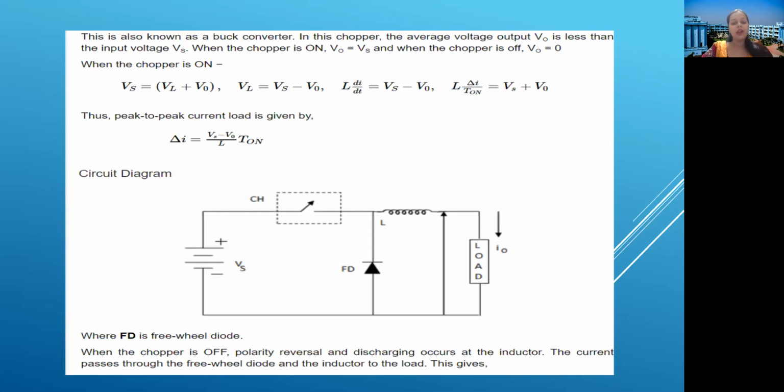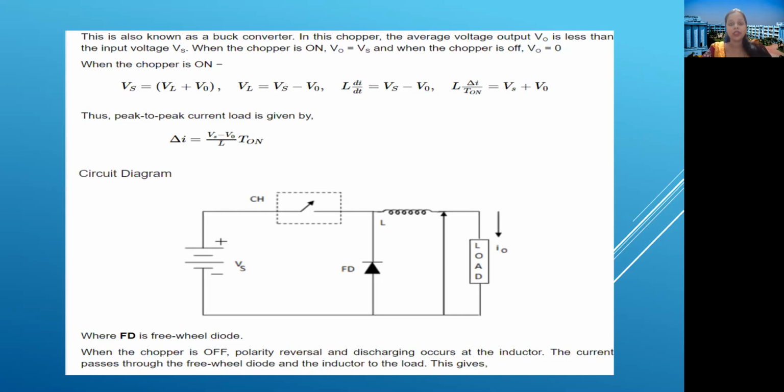Now due to the polarity of supply voltage, the freewheeling diode is in reverse bias. So no current flows through the freewheeling diode. After that, when the switch gets opened, the inductor's polarity gets changed. This is because of the inductor's property that it does not allow a sudden change of direction